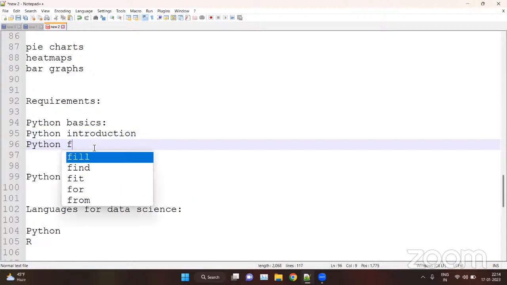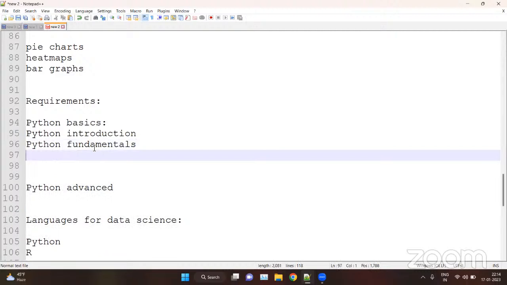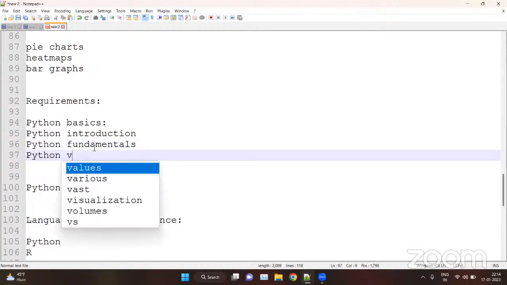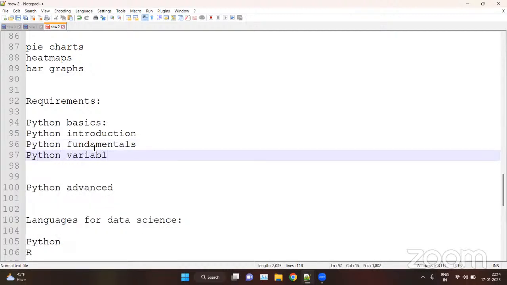Then we have Python fundamentals, like Python tokens, keywords, literals, etc. Data types, variables, etc. So we can mention variable rules and data types.